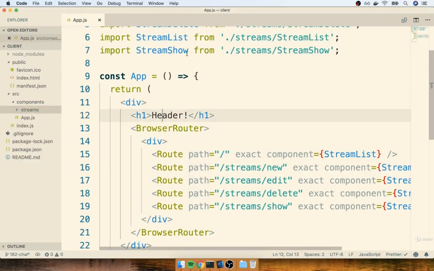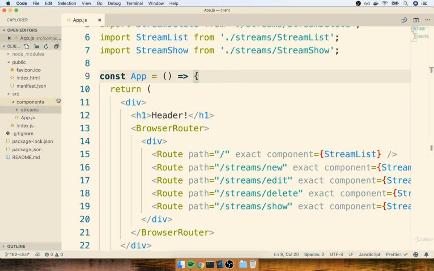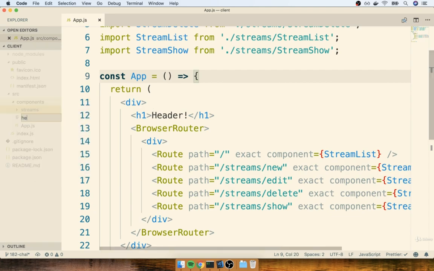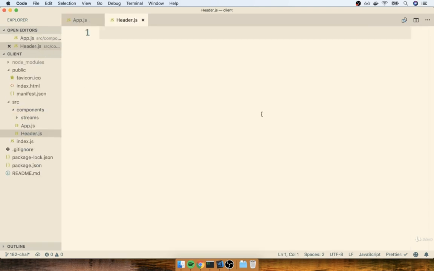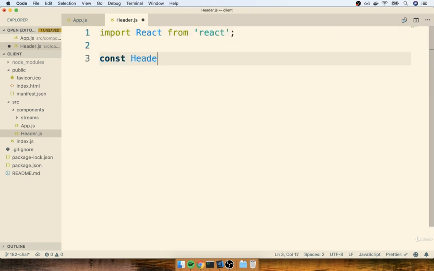All right, so let's now flip back over to our code editor. Inside of our components directory, we're going to create a new header component. Now we're going to make this inside of components as opposed to streams, because this is not a component that has anything to do with our streams. So at the components directory, I'll make a new file called header.js, and then at the top, we'll put together some boilerplate for a functional component. So I will say import React from React, then const header,